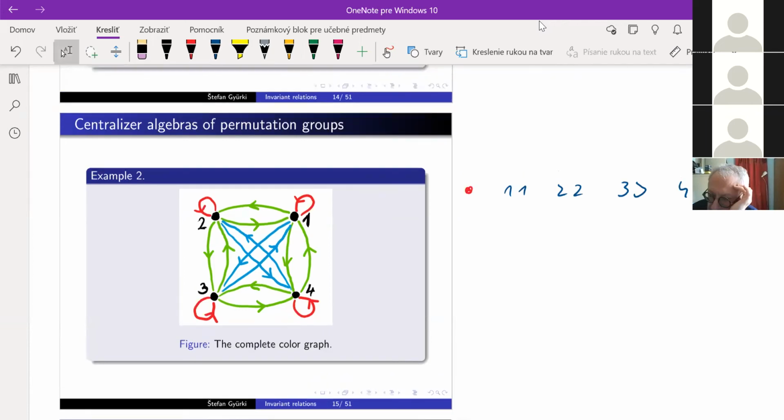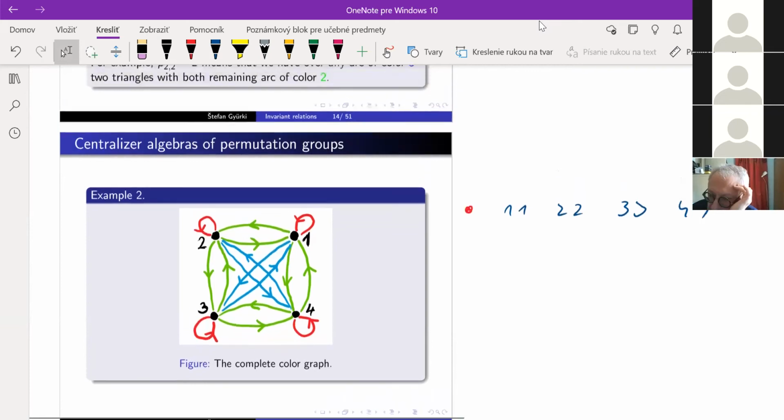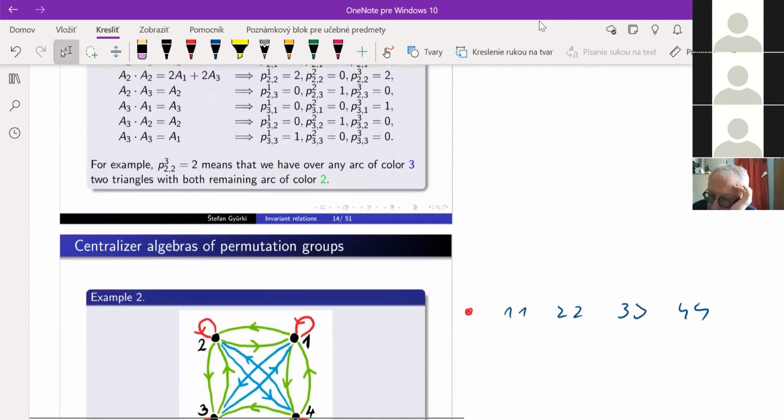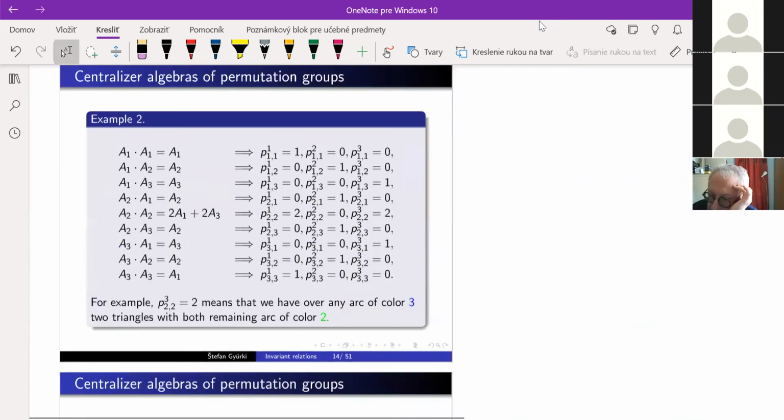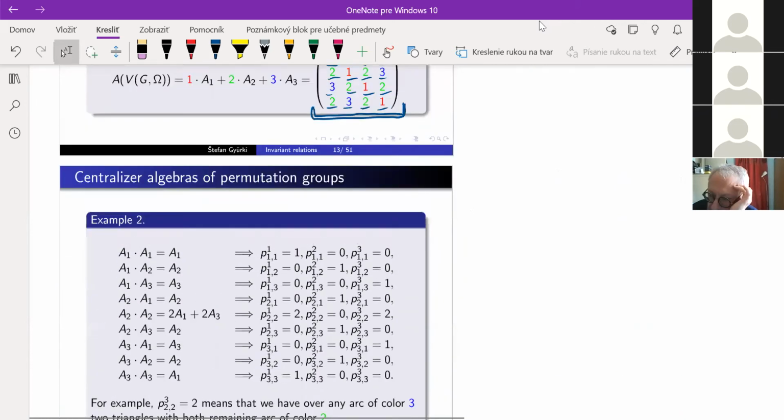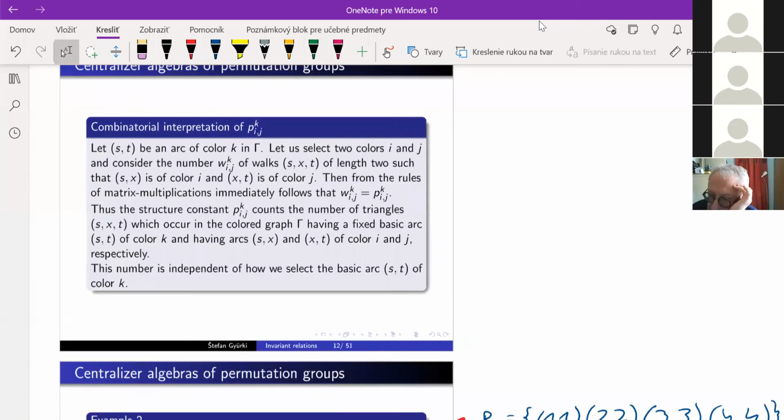I hope it is clear that I can assign to each permutation group such a generalized adjacency matrix and also this kind of complete color graph. Now let's go back to the slide I skipped. If we understand what the complete color graph is doing, then it will be easier to understand the combinatorial interpretation of the structure constants, because